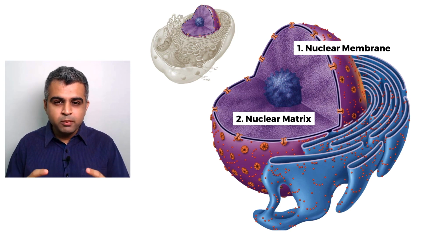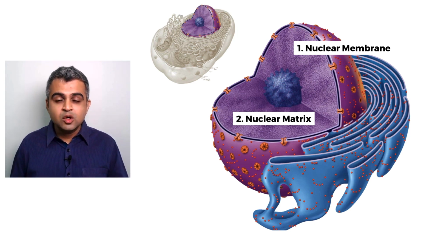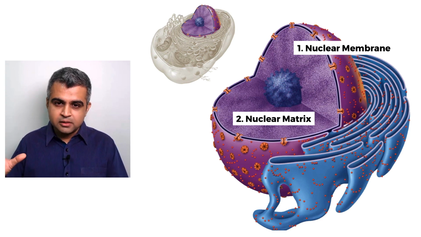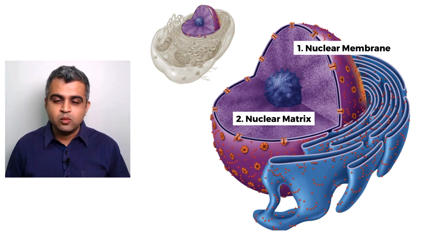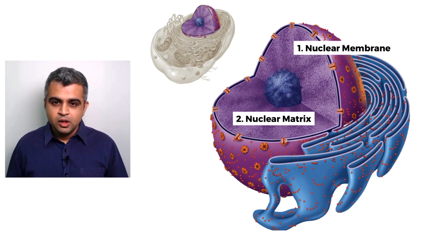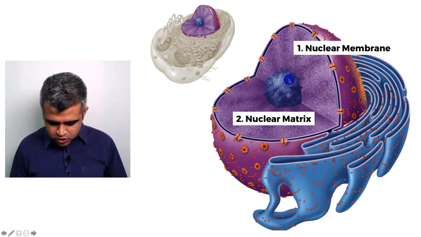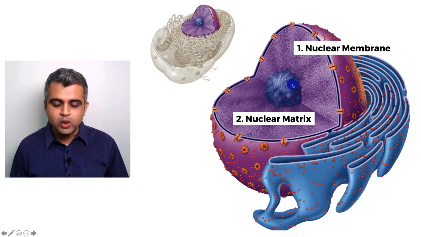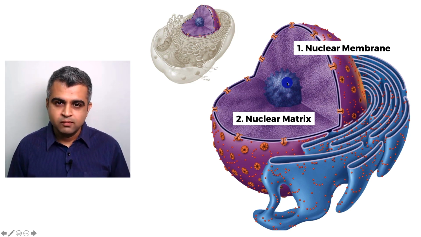What is the nucleoplasm going to contain? Now I think you have an idea. The nucleoplasm will contain the chromosomes, will contain the chromatin material. What is the chromatin material? You are going to take the DNA and you are going to combine it with proteins, and what you get is chromatin. So all that chromatin material will be there in the nucleus, in the nucleoplasm, in the nuclear matrix, and there will also be this thing which you see in the center, which is called the nucleolus. So we are going to discuss each of these stepwise.